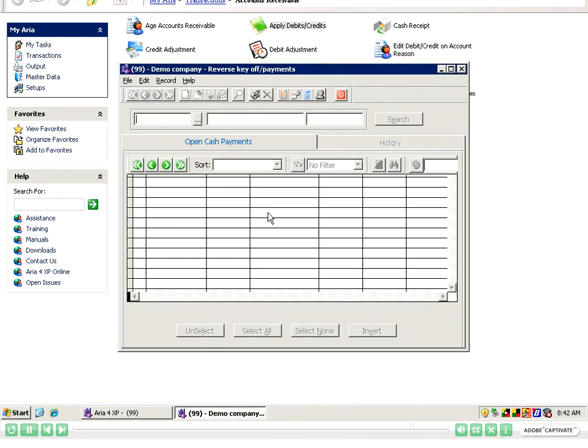Done. And now the payment is as if it didn't happen, you will be able to enter that payment for any other customer if you wish. So simply, this screen was created to allow you to fix mistakes that can happen on the apply debit credit screen or on the cash payment screen, whether the user made the mistake of recording a check to the wrong customer or actually keyed off the check to the wrong invoices or anything of that same